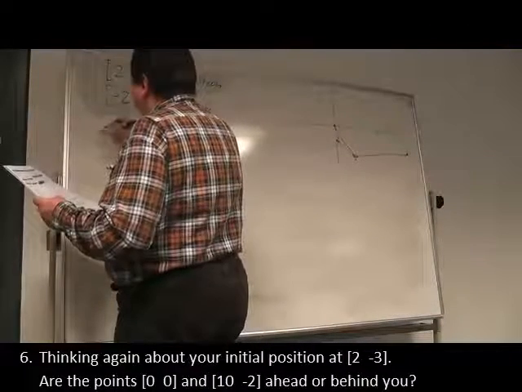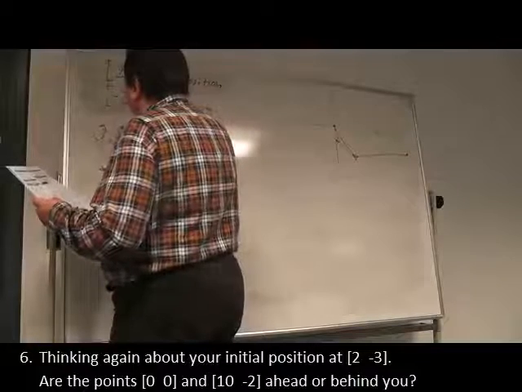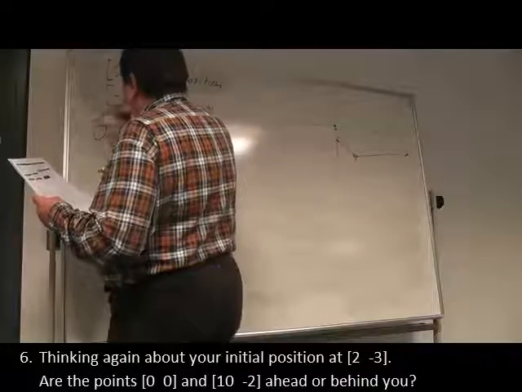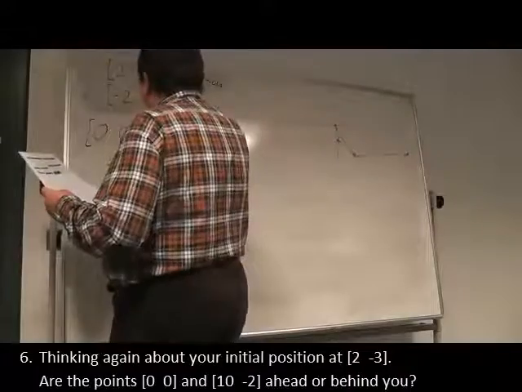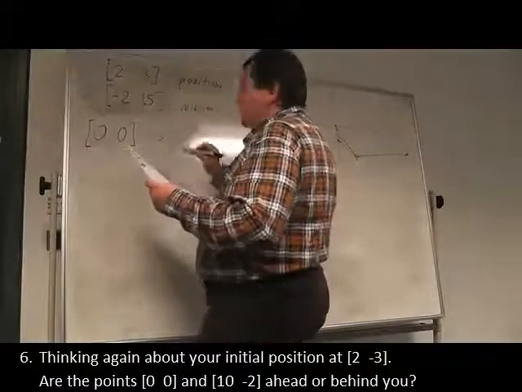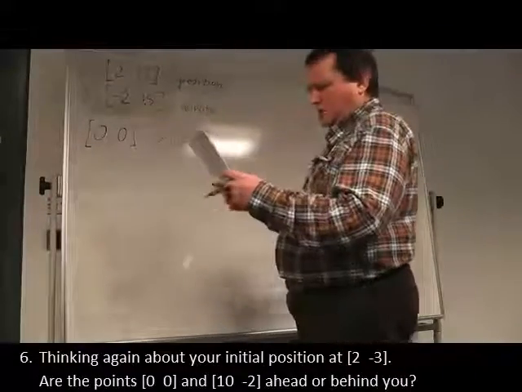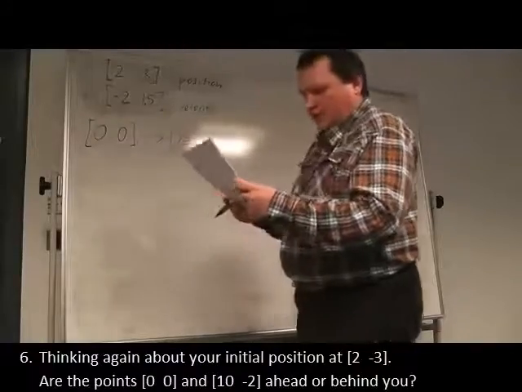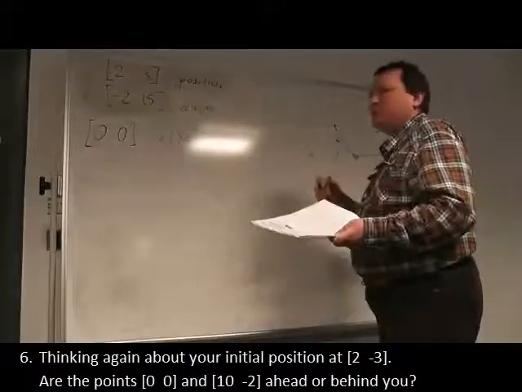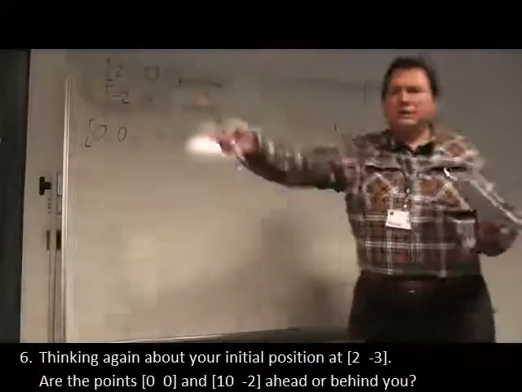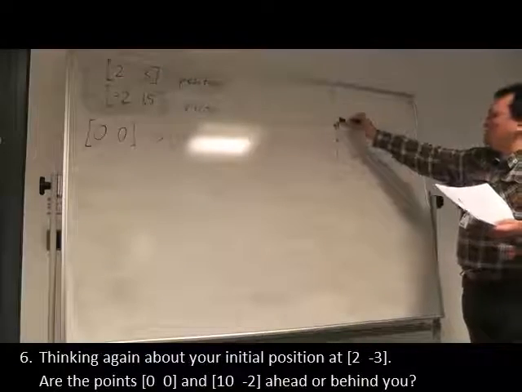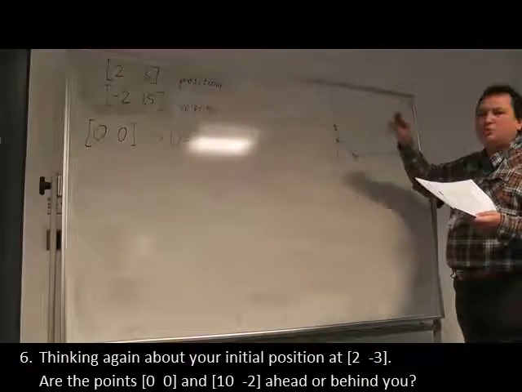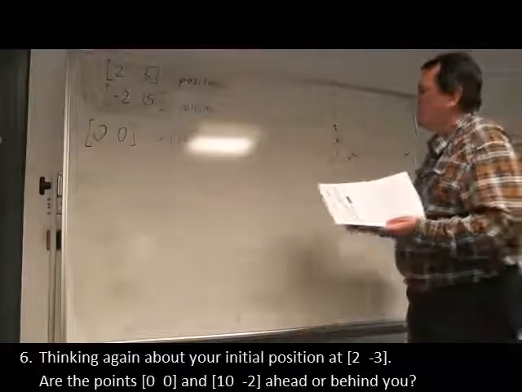The first point was 0, 0. Therefore, its displacement d, let's call it d1. It's always the end of destination. So in this case, this is the point that we are testing. So it is